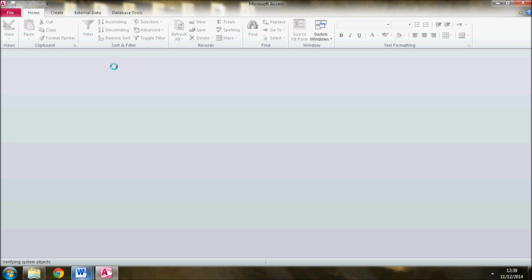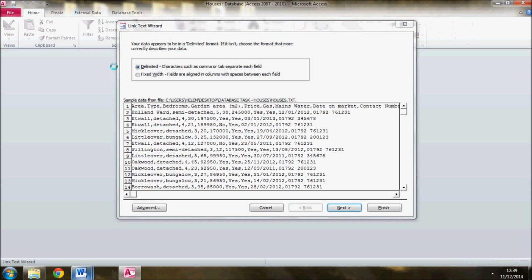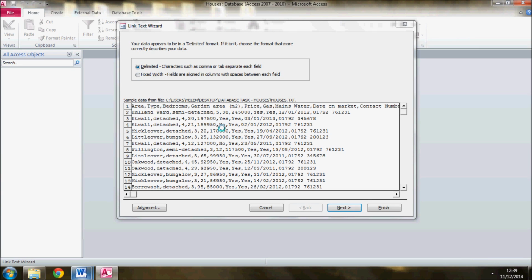This should bring up the import box. Well, I'll just make a few decisions to make sure it imports correctly. Now if you remember what that text file looked like, it had loads of commas everywhere, as you can see. So when you're asked which of these descriptions works, characters such as commas separate each field. So that's the one we want. Next,